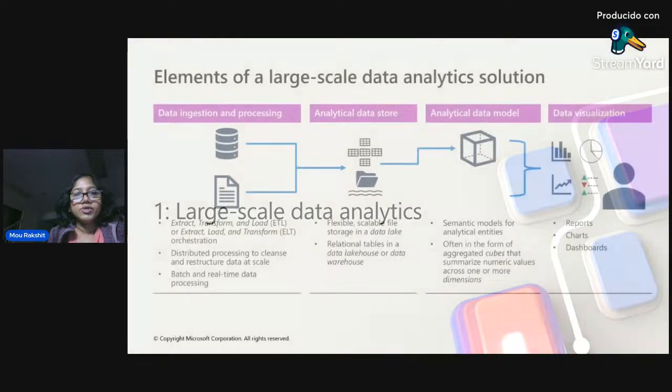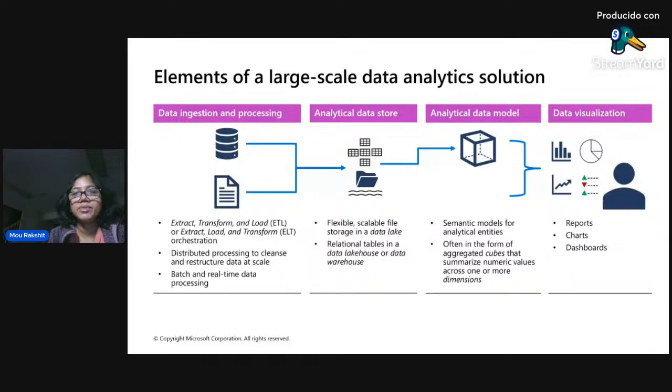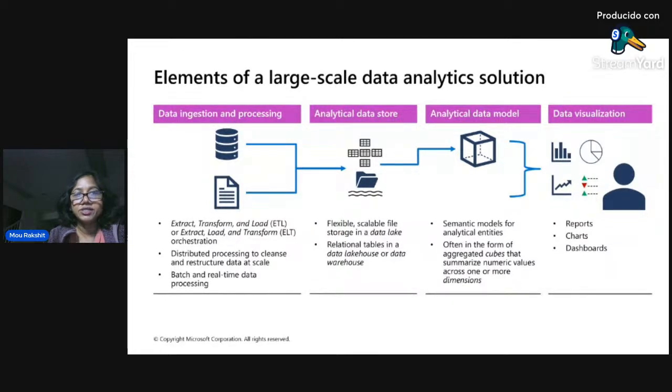So if you think about the data flow elements of the large-scale big data analytics solution, basically your first step is to bring the data to your analytics platform, right? Whether you are building a lakehouse in Delta or any other format in Azure, you're going to be ingesting the data, that we call data ingestion.